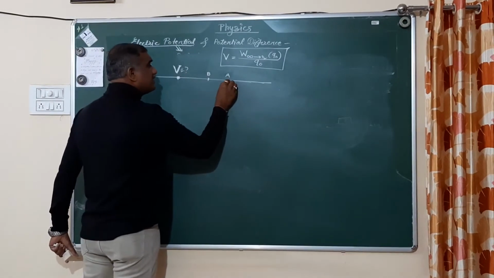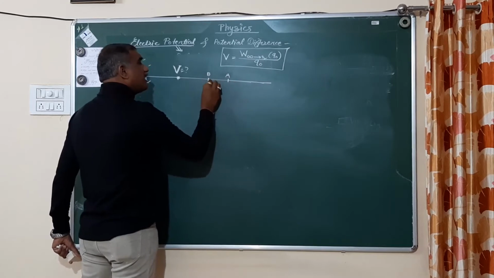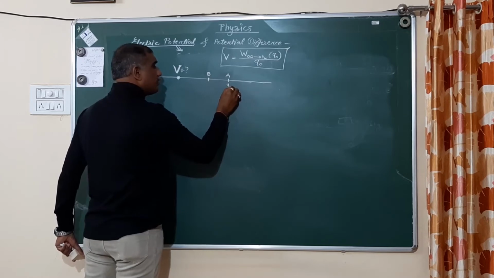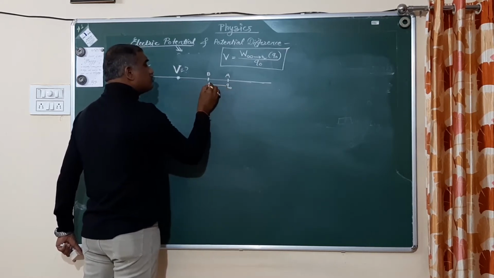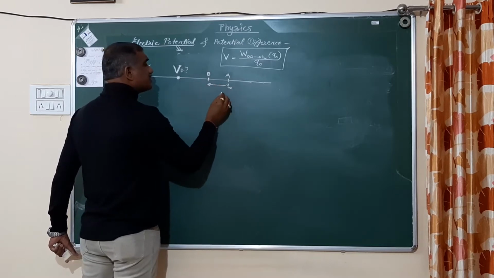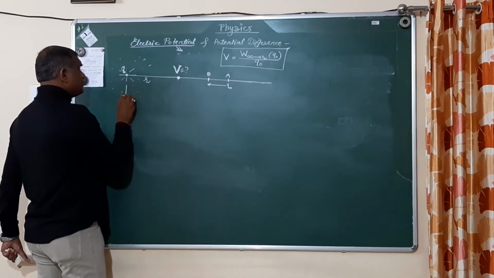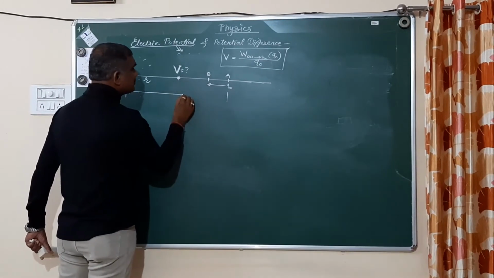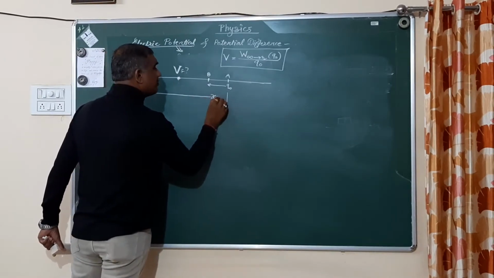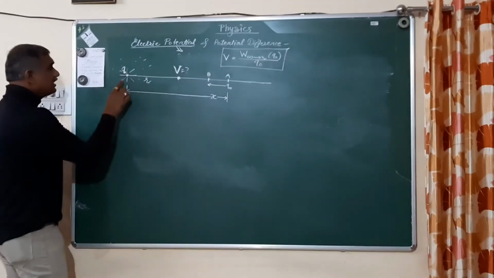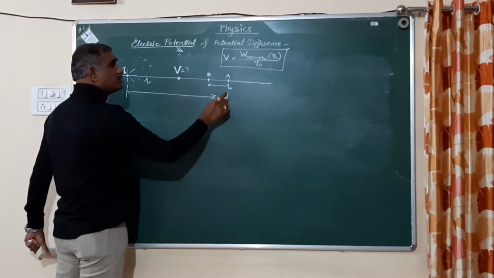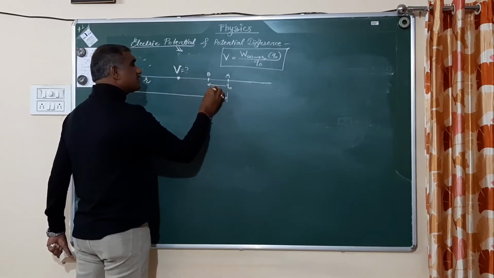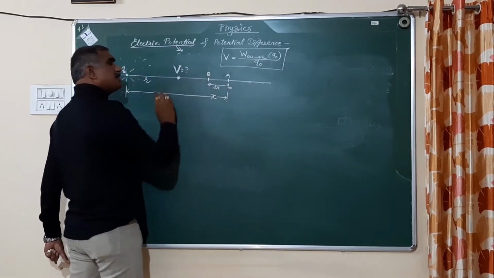For that purpose, I considered here the point A and then point B. At point A, I put one small test charge Q0. Then I move that test charge Q0 from A to B. First of all, the distance from this charge Q to position A is considered as x. Remember this. For your understanding, I considered the distance from the source charge to the position of Q0 as x, and I move that charge Q0 through the distance dx. How much distance did I move in this direction? dx.